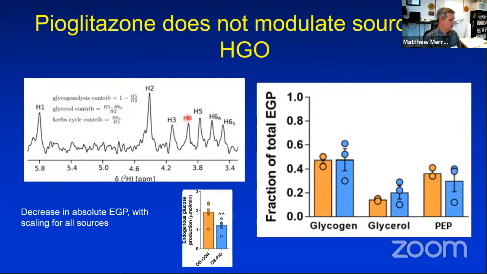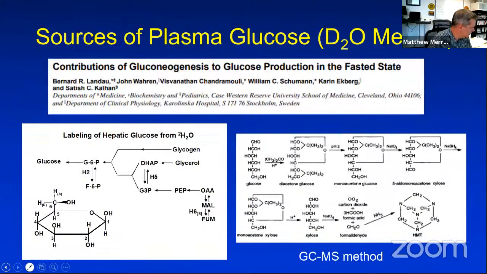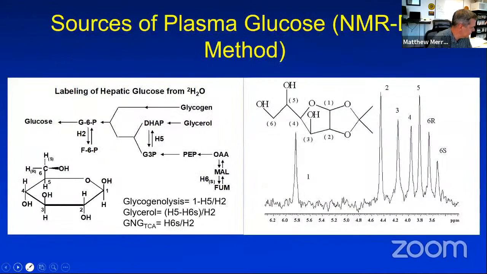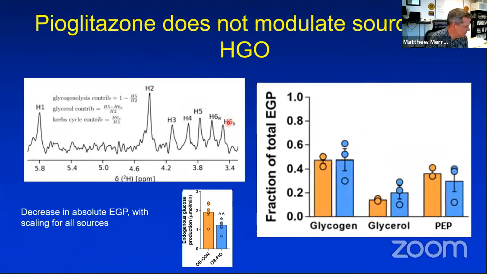And so the way we did this was we gave, oh my gosh, I left out my experimental page. We gave an IP injection of D2O, and then we got the glucose out of the blood, did the derivatization, did these measurements,